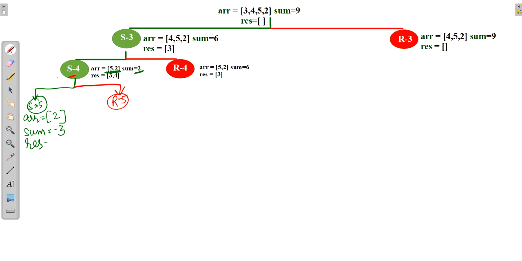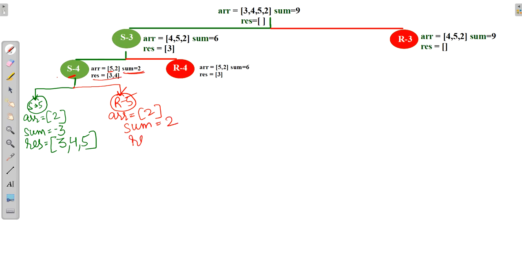And the result, previously we had 3, 4, so 3, 4 and 5 this time. Let's do reject also. When we reject this 5, we will have the array as 2 and the sum will be as it is, 2, and the result will be the same, as we haven't done any calculation and 5 was rejected.